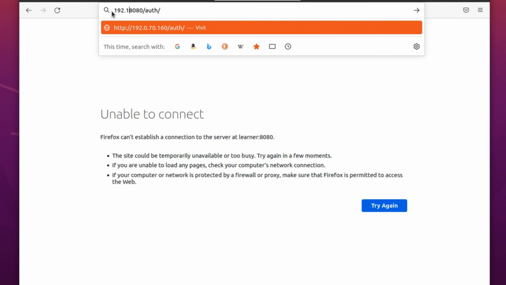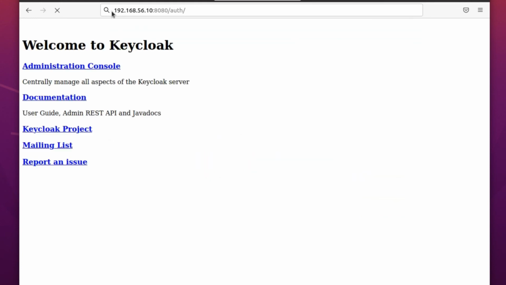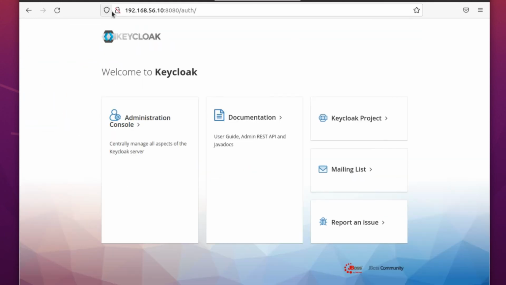I just gave the IP address. And you know, this time Keycloak is accessible under this IP address